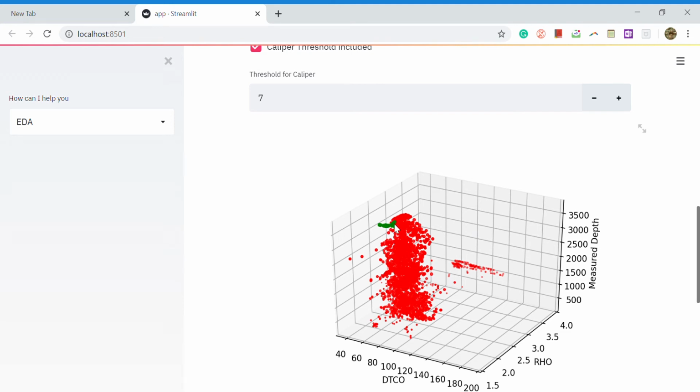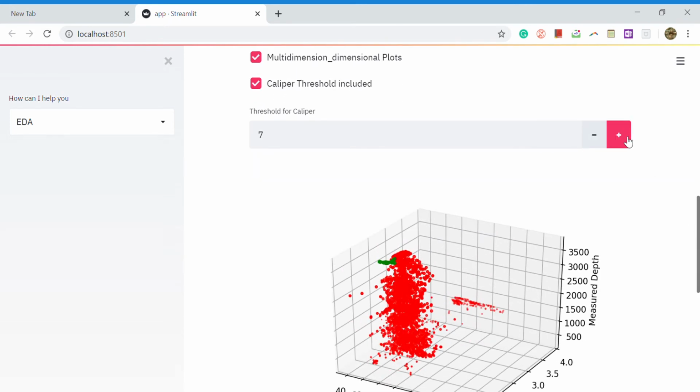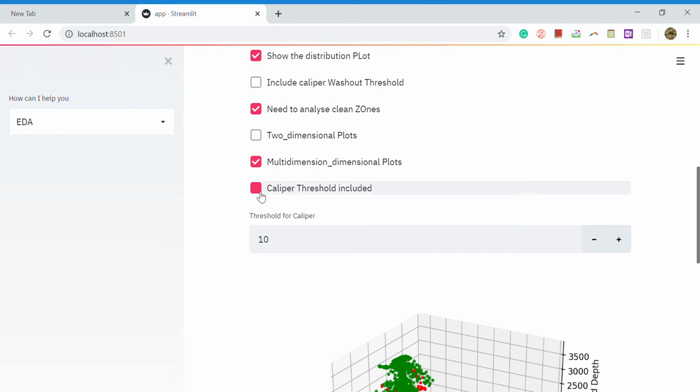The green points are the ones that you can use as prediction points, but the red are the ones which you cannot use as a prediction point. So you can set a threshold for your particular feature and see how your dataset changes. These things were primarily included in my last video too,